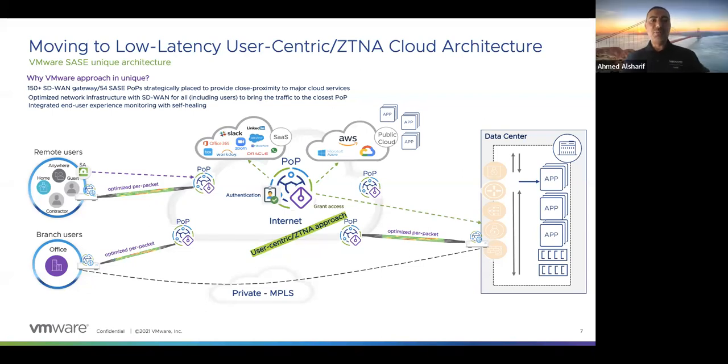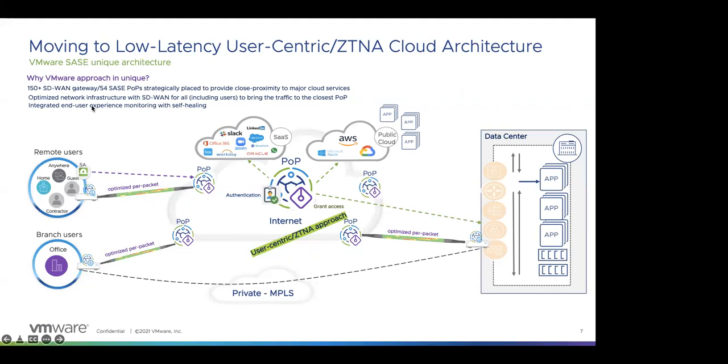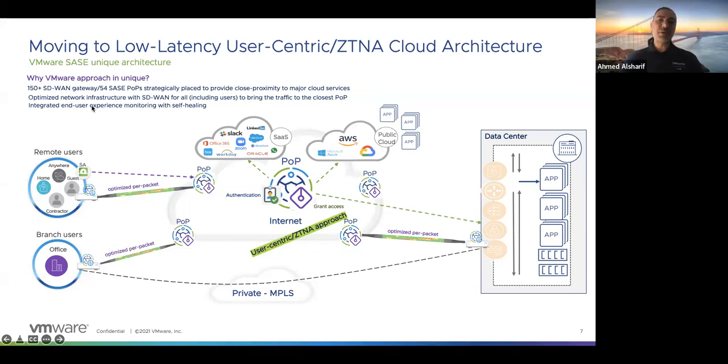So the user experience that I talked about in the beginning is extremely important, because here is the problem that most customers will have. If I make some changes, like a change in my data center, I move the people from accessing my data center and tell them now go to the cloud to get the security. How can I tell if the user is happy or not? That's the piece that we need to have all the time to make sure user satisfaction is met.